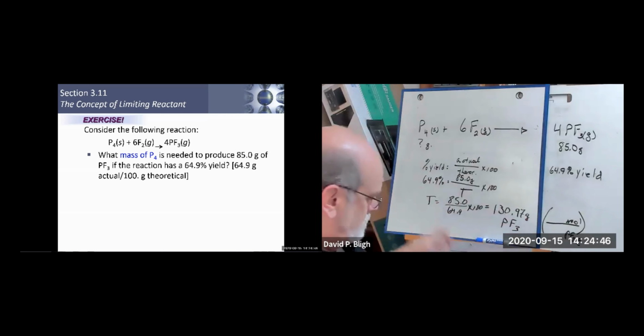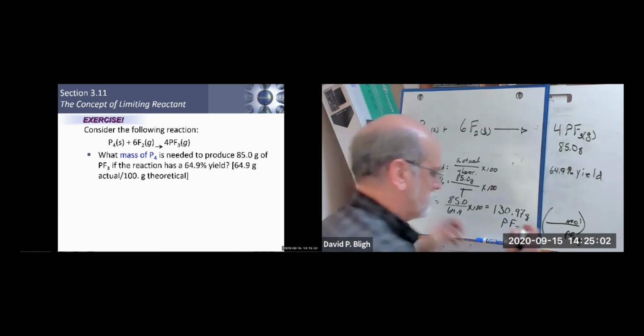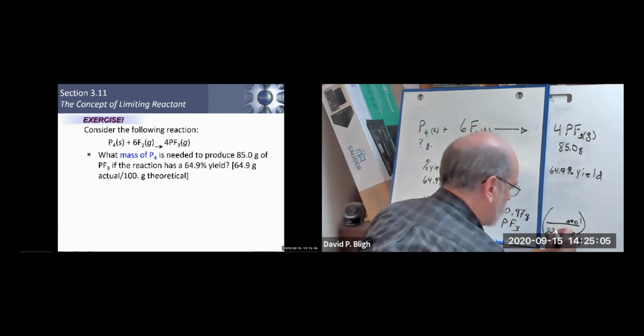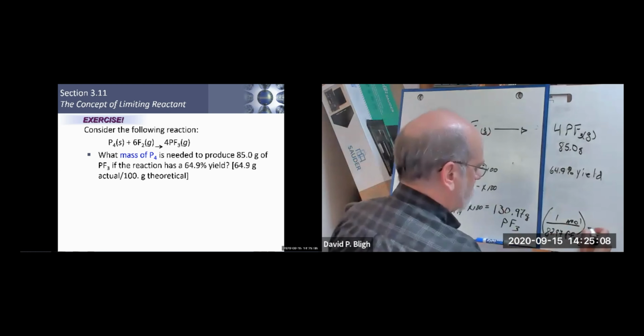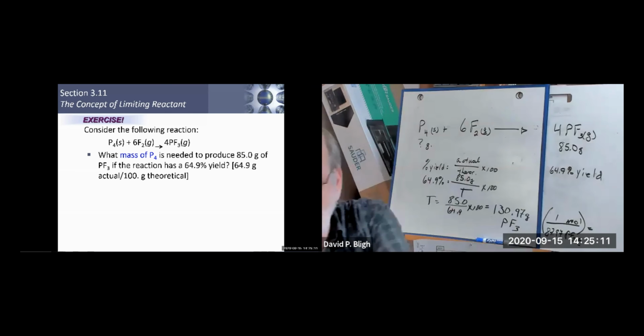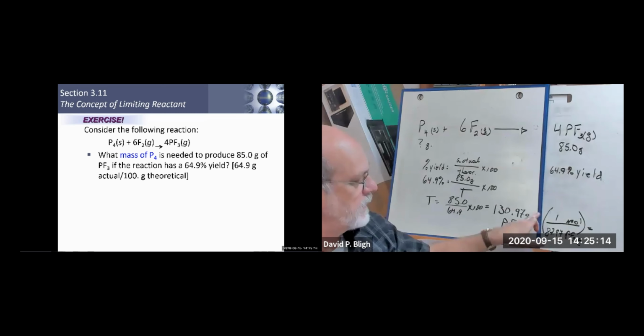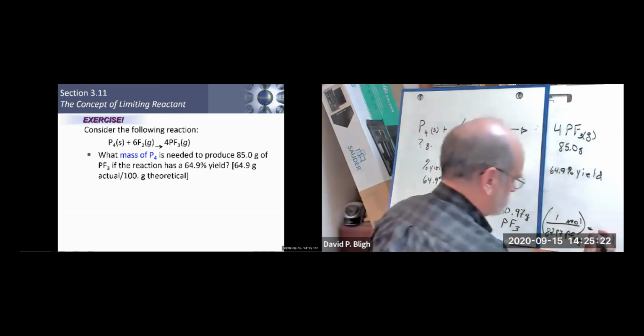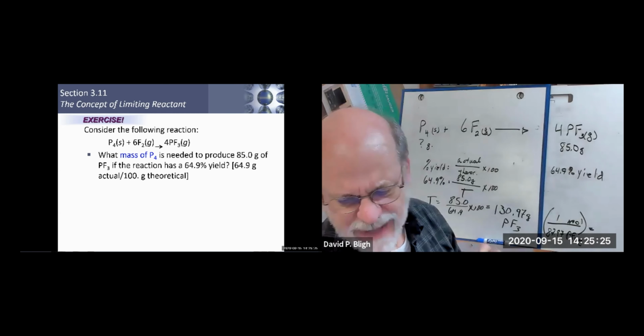Well, look on your chart. Phosphorus, 30.97. We need 3 fluorines. Fluorine is 19.00. So I get 87.97. 87.97 grams per mole. We divide that value into 130.97 because this is in the denominator and that's in the numerator. I get 1.49, 1.488